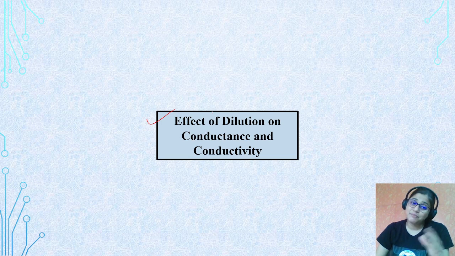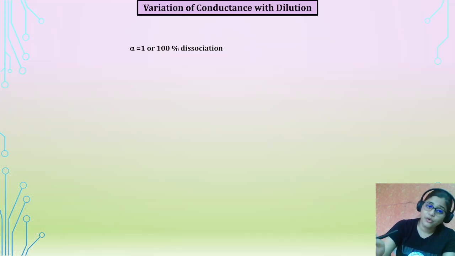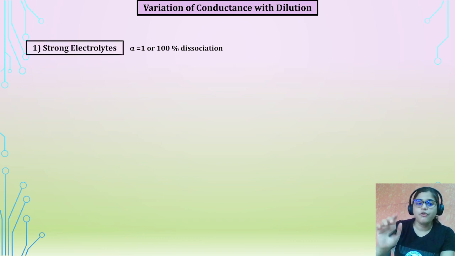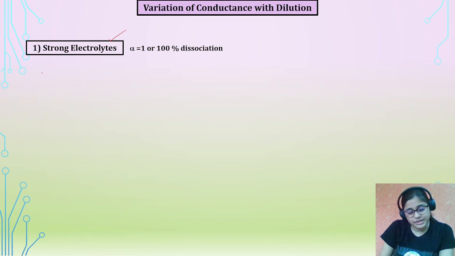So that part, the degree of dissociation, is actually affecting the conductance. Let's see how. Okay, fine. So now for strong electrolytes, let's say. We know for strong electrolytes, after dilution, when we add water or any solvent, the effect is only,